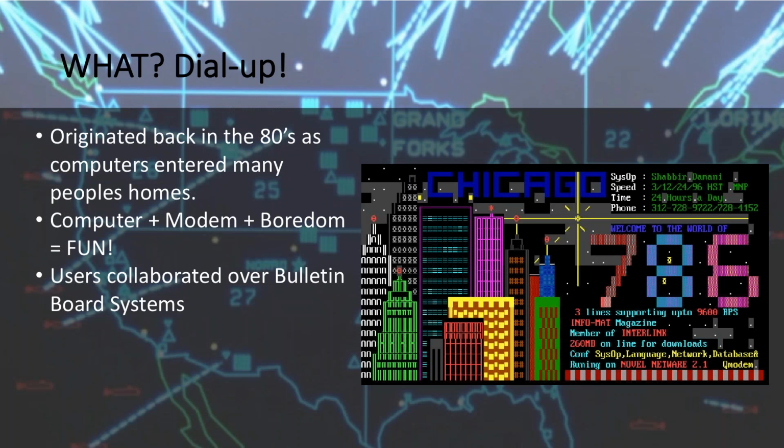So we talked about back in the 80s, really the first pieces of the internet, you could say, is just being able to be interconnected with other people, and to do that, you had to dial up into something. Before America Online and CompuServe or Prodigy, or depending on if you used dial-up, you had to go even further back to what was called a bulletin board system.